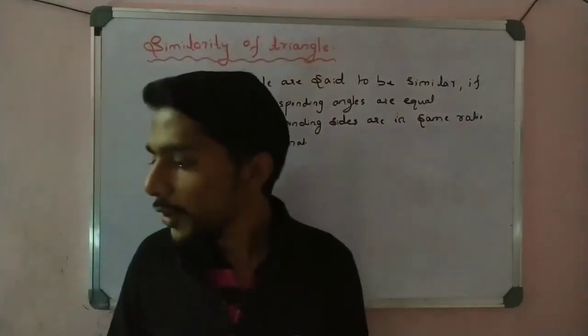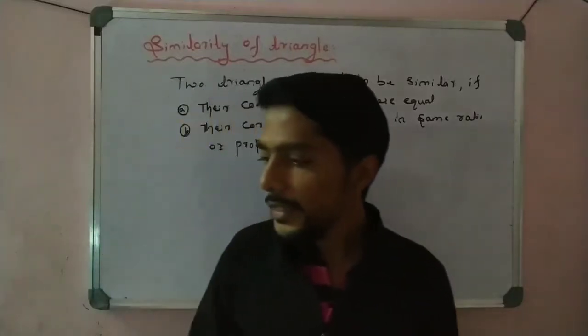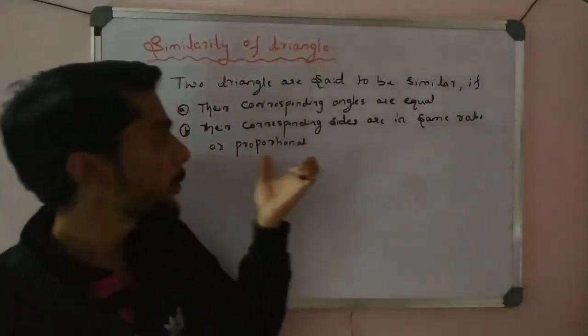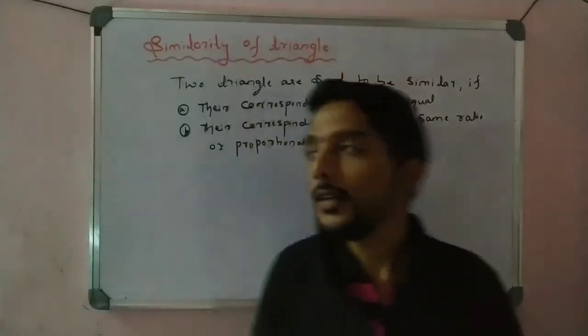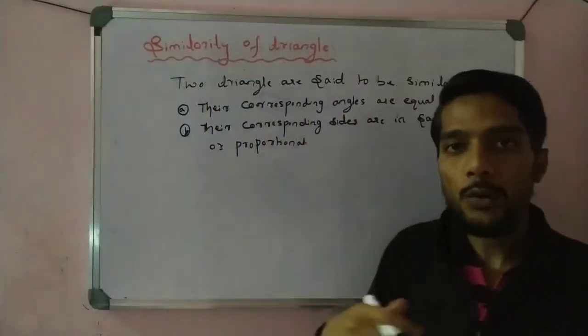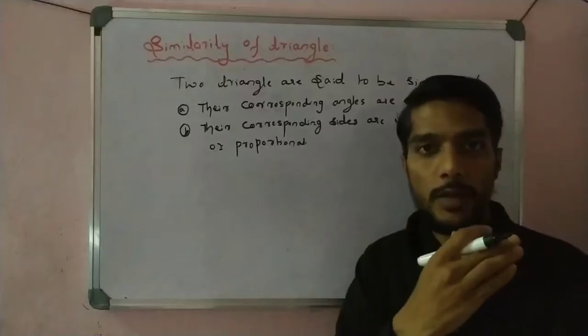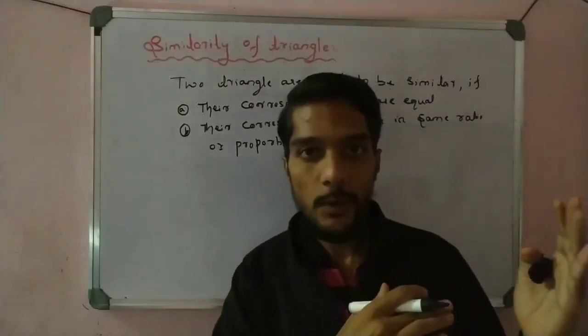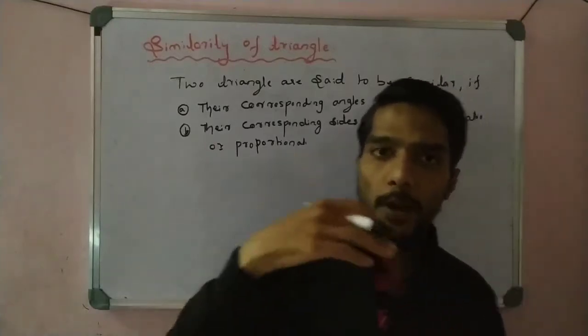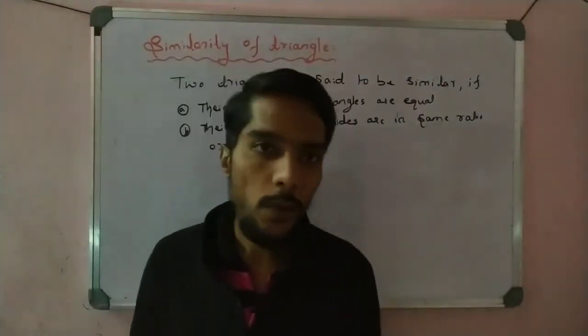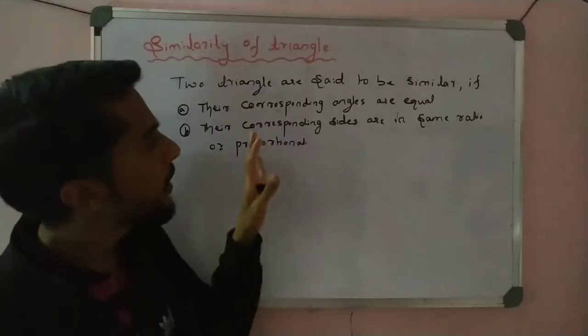So that is very important. You have to remember that corresponding sides are in the same ratio, or we may call them proportional. So it is clear, it is not confusing, because in the last video we tackled these two properties and how to solve them. Corresponding sides in the same ratio and angles are equal. This property we already applied in the first video. So here there is no confusion. This is similar triangles.